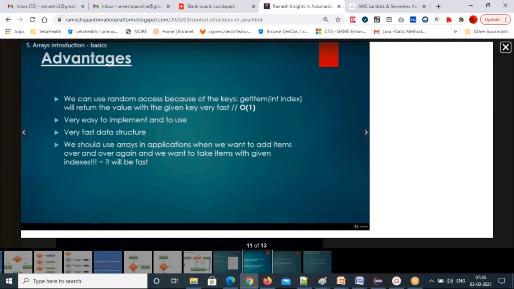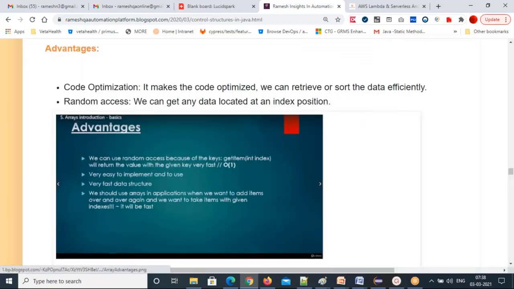We should use arrays in applications when we want to add items over and over again, or take items with given indexes, and it will be very fast. So when you keep on adding records, like creating accounts, that is the best time to use arrays. So what is the disadvantage?